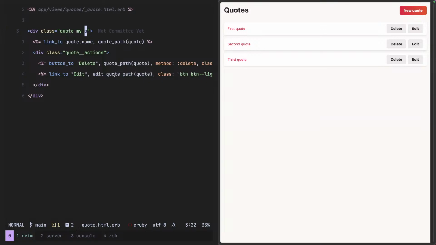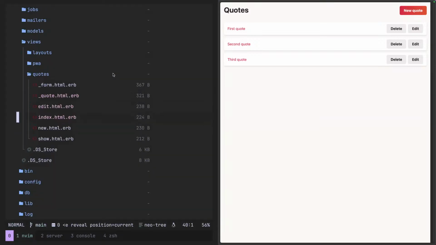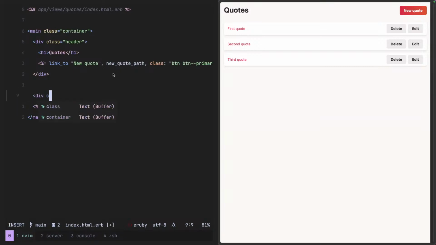And so realistically, the way that we would do that is we would have some layout classes, or we would define another element here as kind of the quote container, and then have that be a layout component, right? So we're going to keep these classes here just because I think it's useful to have for learning. But what if we were to take our index and say div class equals quotes list,